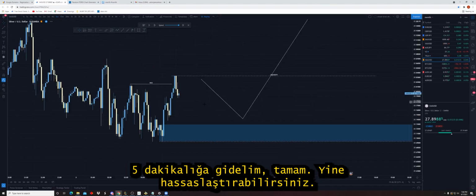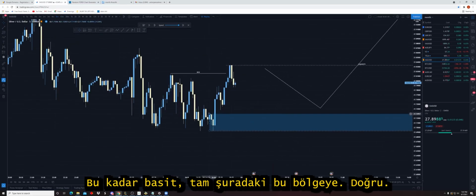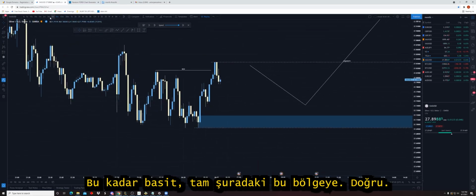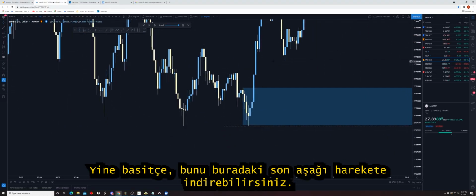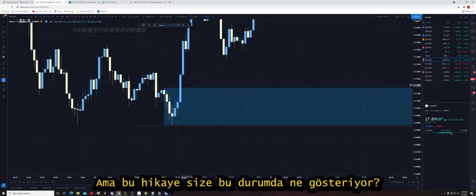Let's go to a 5-minute. Okay, again, you can refine it just as simple as this to this zone right here. Let's go to a 1 minute, right? Just as simple. Again, you can take it down to this last down move here, but what does the story